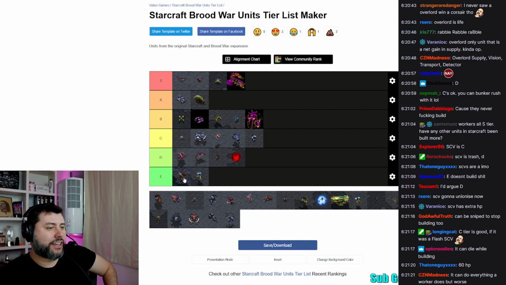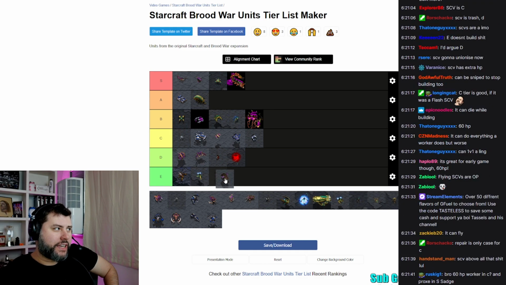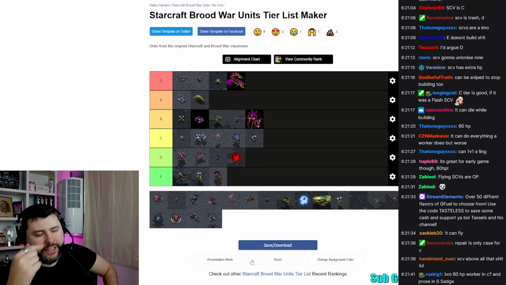E is where we get to the area where it's like, oh, I don't know, man. Devourer, we're actually going to go put him in E. The Devourer is...